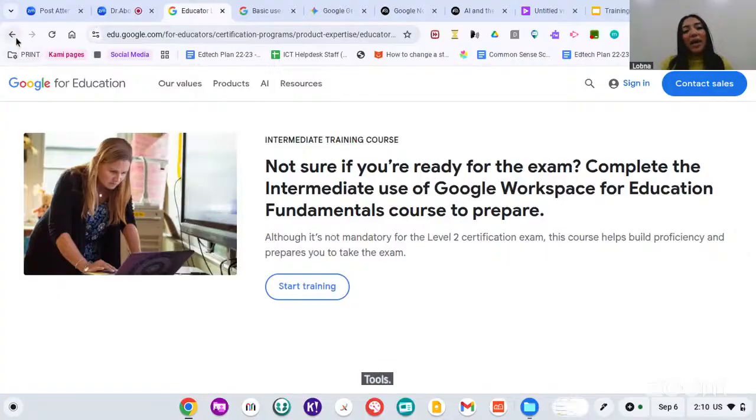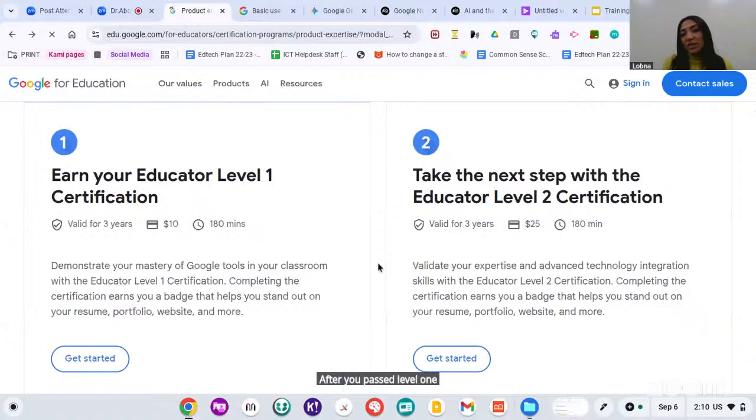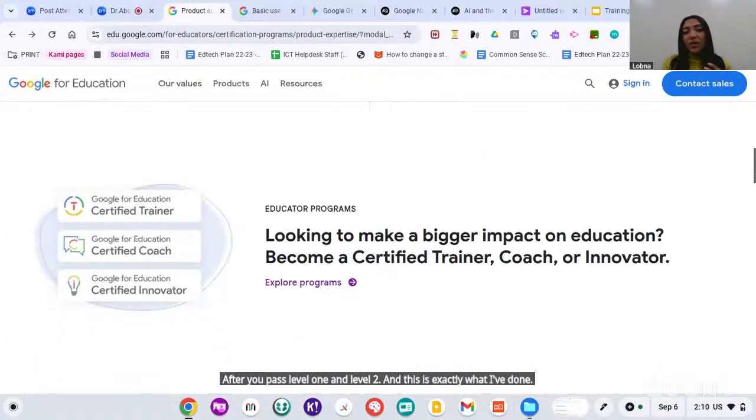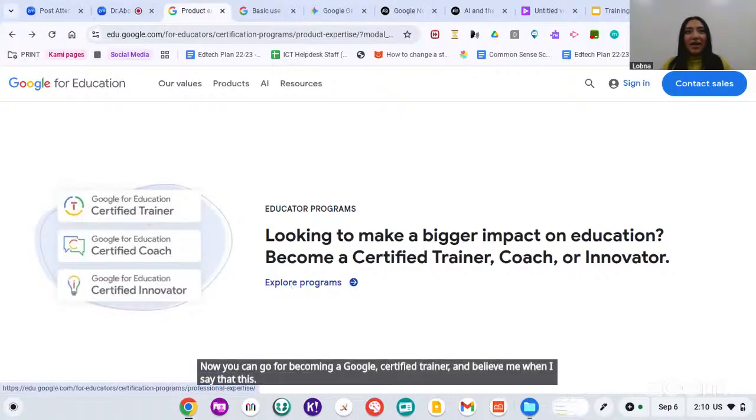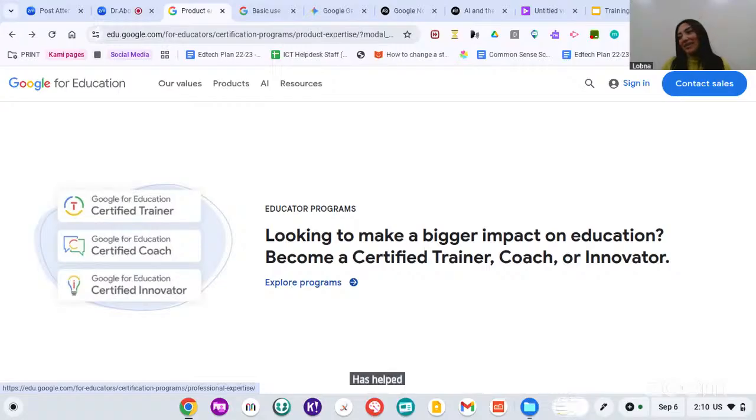After you pass level 1 and level 2, and this is exactly what I've done, now you can go for becoming a Google certified trainer. And believe me when I say that this has helped me change my entire, not just career, but life. Because I used to teach for 12 years, but I was able to quit teaching and go for training teachers. And I was even asked to work at a school that needed